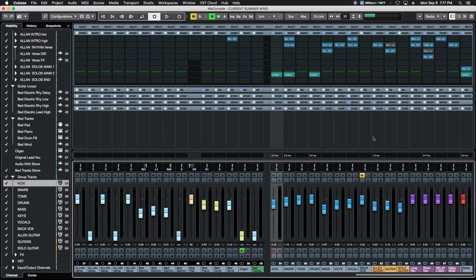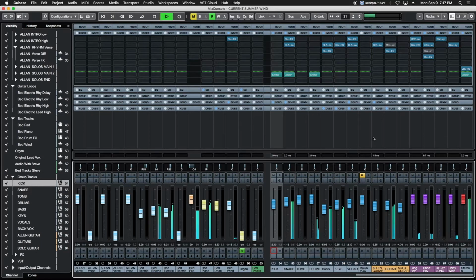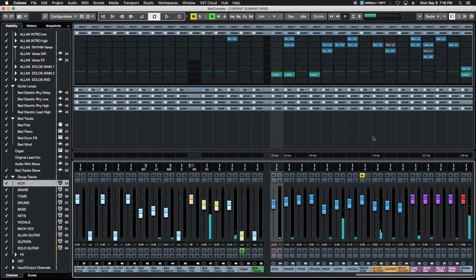So for example, we got a country song here, a lot of dense mix going on, but it's got a breakdown section in it. Sounds like this. All right, so that section right there, that breakdown section, if we want to bring, for example, the keyboard level